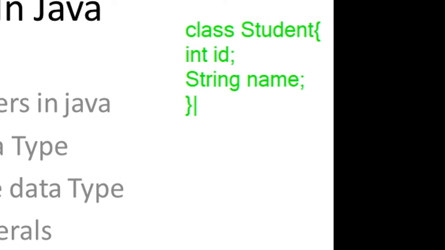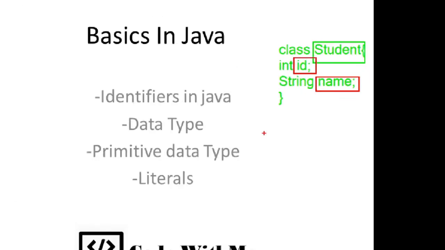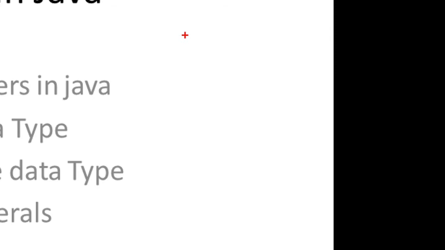So if you discuss here what an identifier is, here the identifier is student. Here the identifier is ID. Here the identifier is name. So got it or not? So what is identifiers? Identifiers is nothing but